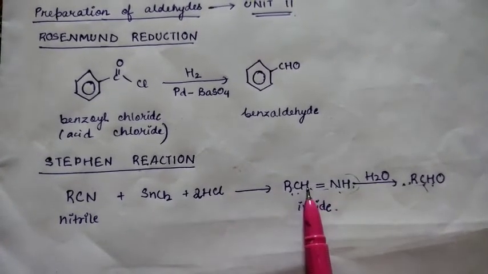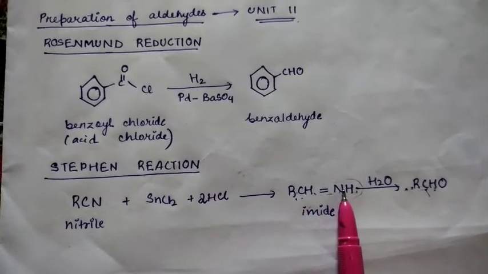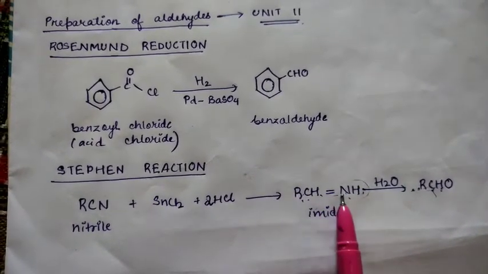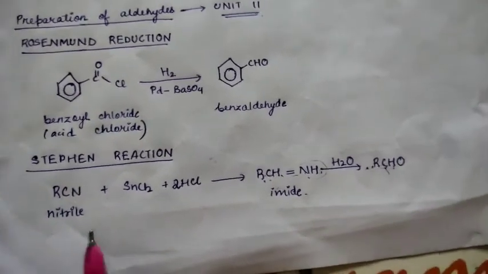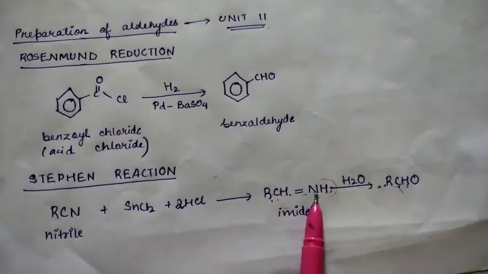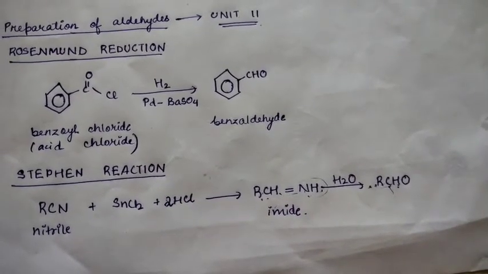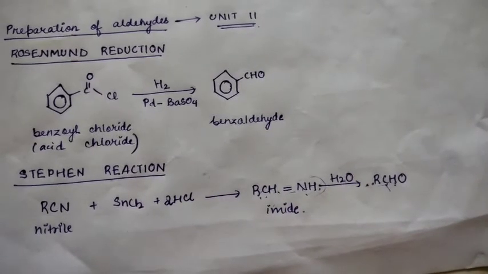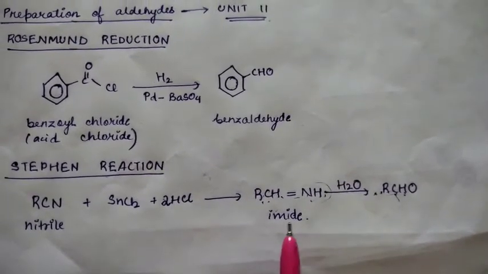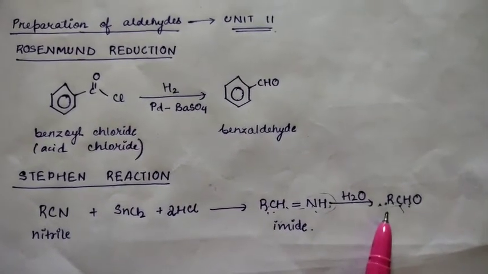Initially, when there was no hydrogen with carbon and nitrogen, they required one extra bond, and that bond was present as a bond between carbon and nitrogen. But now we have extra atoms, so those atoms will go one with carbon and one with nitrogen. So you can remove one bond now. When we remove a bond from two atoms, it means there is an excess of atoms, which we have already discussed in class 11. So now the imide is hydrolyzed, or you can say treated with water, to give the respective aldehyde.